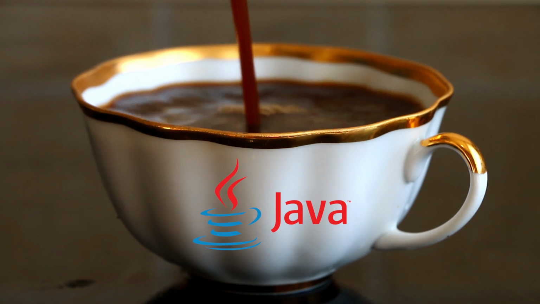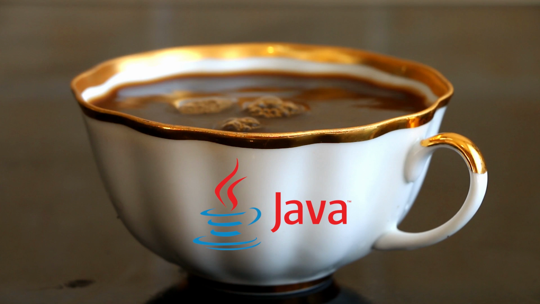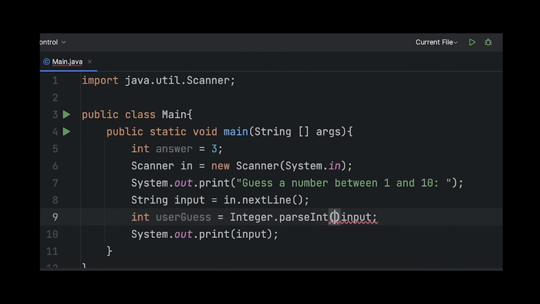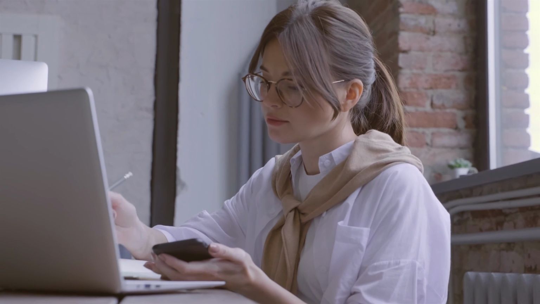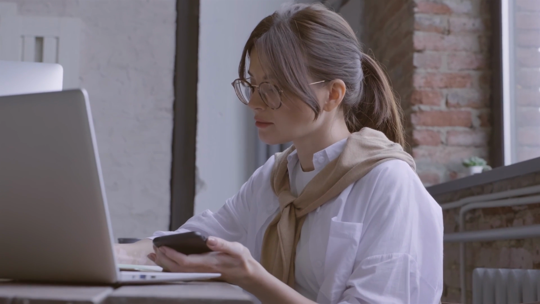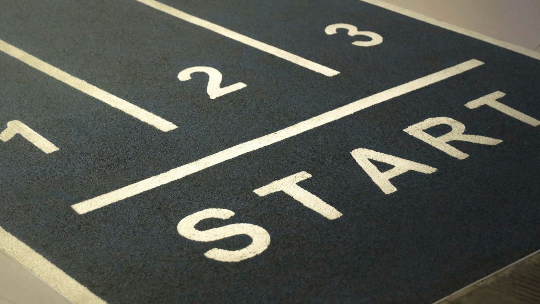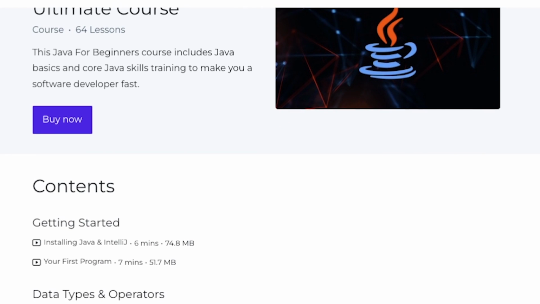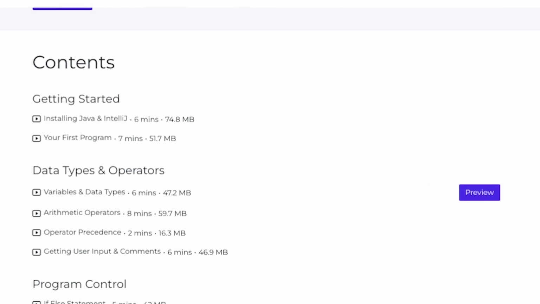In this course, you're going to learn everything you need to know about Java from the basics to more advanced concepts. So by the end of this course, you'll be able to write Java with confidence. If you're looking for a comprehensive, easy to follow, and well-organized course that takes you from zero to hero, you're in the right place. You don't need any prior knowledge of Java. You don't even need any knowledge of programming in general. Everything you need to know about Java is here in one place, so you don't need to jump back and